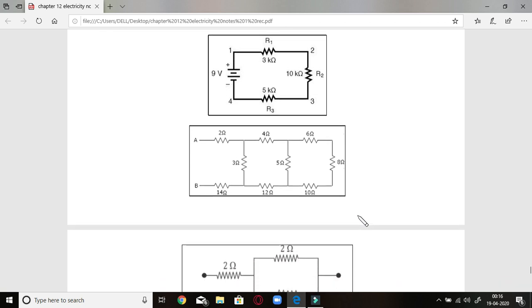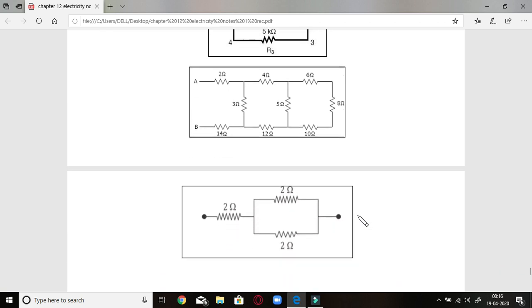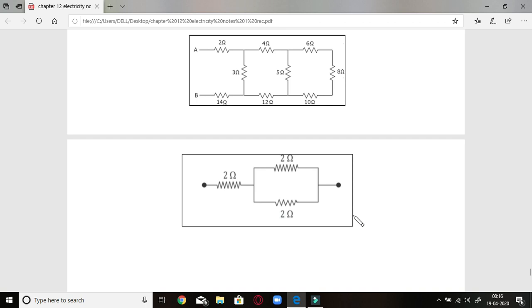I have given you a little hint. Now the next one is this diagram in which these two are parallel to each other. If you look here, there is a joint present between these two resistances, whereas this also has a joint on all the sides. That's why these resistances are in parallel. So you should use the formula and find out yourself.